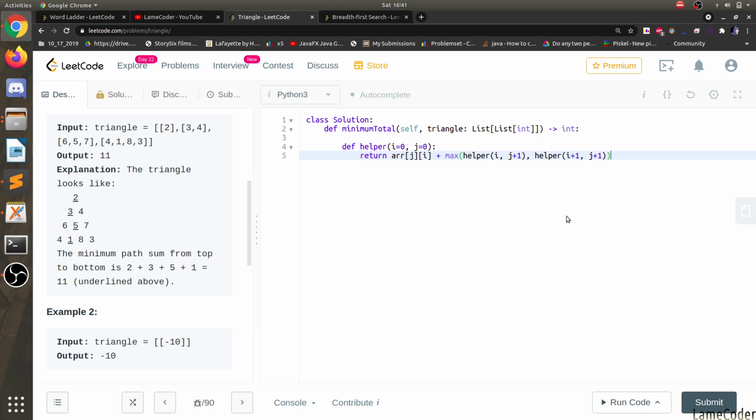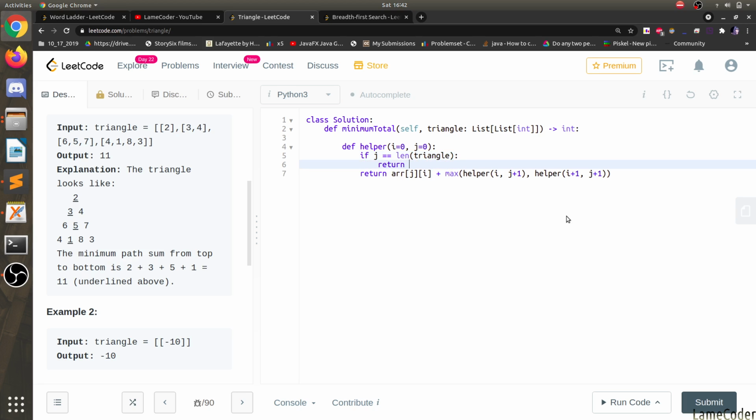And if j is equal to the length of the triangle, then return 0.